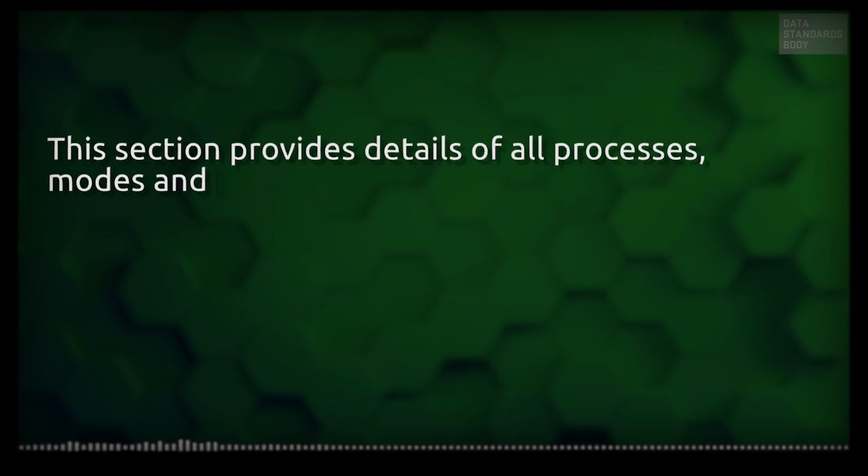This section provides details of all processes, modes, and models.